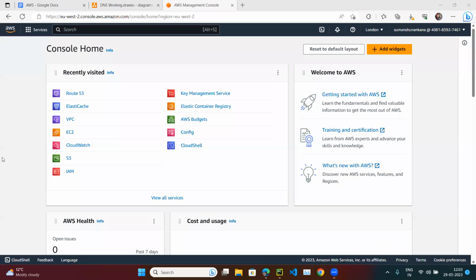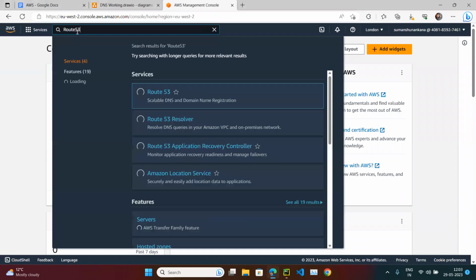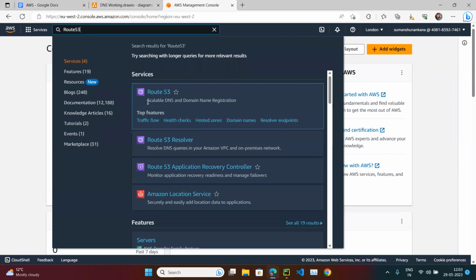Okay, so let's continue with our AWS series. In this video, we will look at one more service, which is Route 53. If you open the AWS console and search for Route 53, here you will see scalable DNS and domain name registration. If you click on it,